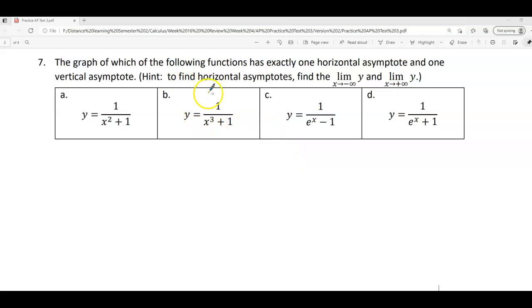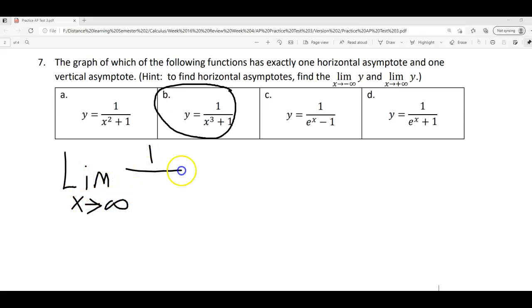So for this problem, the answer is B. I'll just tell you that in advance, and to make sure, you're going to do exactly what I just said. The first thing I'm going to do is find the limit as x approaches infinity. Now, when you're actually doing your retake test, you're going to have to do it on each one to find out which one works. If I do this, I end up with 1 over infinity plus 1, which is